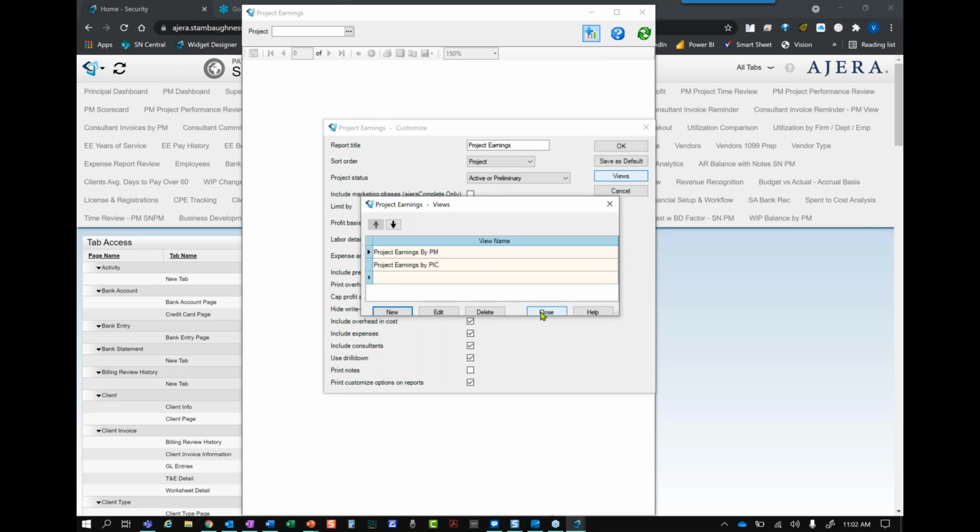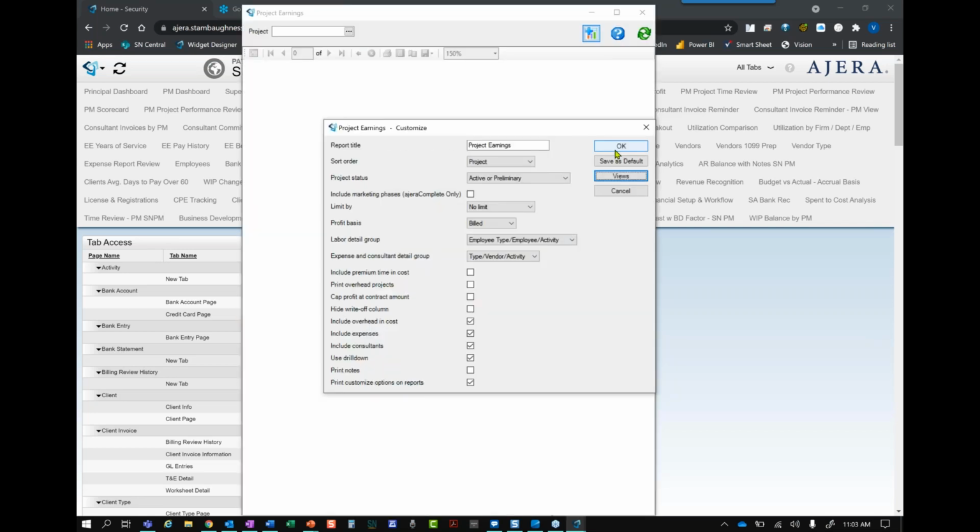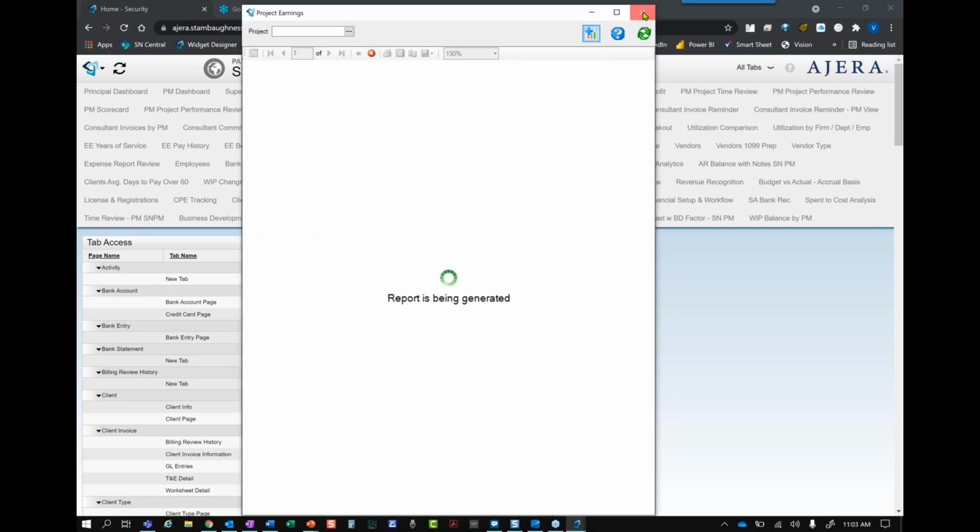Now, I don't know if this is still an issue, but years ago, if you hit this close button, you would potentially lose the view you just created. So I have just developed a habit over the years to always use the closed button. Brian, did you ever run into that? Yeah, and there wasn't really any rhyme or reason to it, but like you, I just kind of adapted to always use the button versus the X at the top. Yeah, so we'd recommend don't do that, do close. And then we'll say, okay, and we'll close this report.